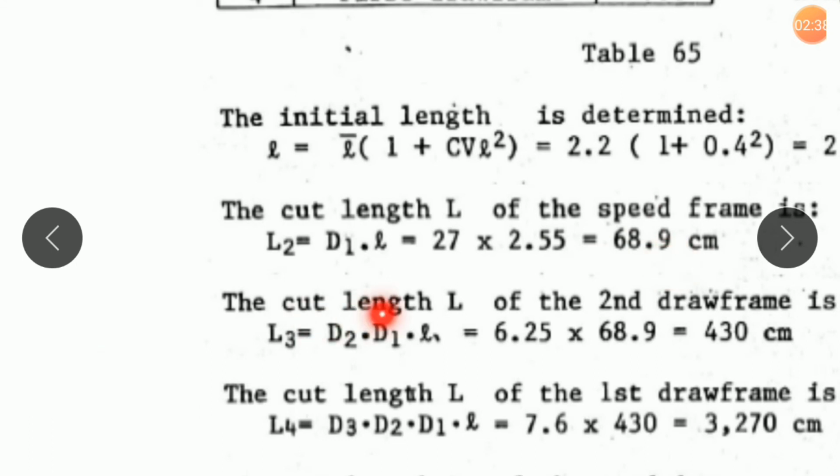The cut length corresponding to the second is D2 into D1 into L. So this value has already been calculated as 68.9. So draft in speed frame multiplied by 68.9 works out to be 430 centimeters.